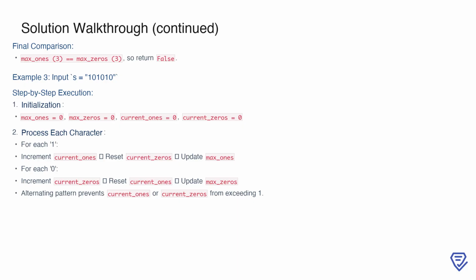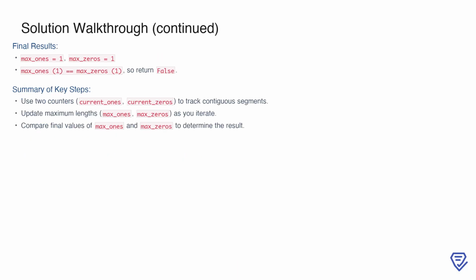Now consider the input 101010, which alternates between ones and zeros. As before, we initialize all four variables to 0. For each character, we increment either current_ones or current_zeros depending on whether the character is 1 or 0, reset the other counter to 0, and update the corresponding maximum variable. However, since the pattern alternates, neither current_ones nor current_zeros ever exceeds 1. This means max_ones and max_zeros both remain 1 throughout the iteration. At the end of the example 101010, we find that max_ones and max_zeros are both equal to 1, so the